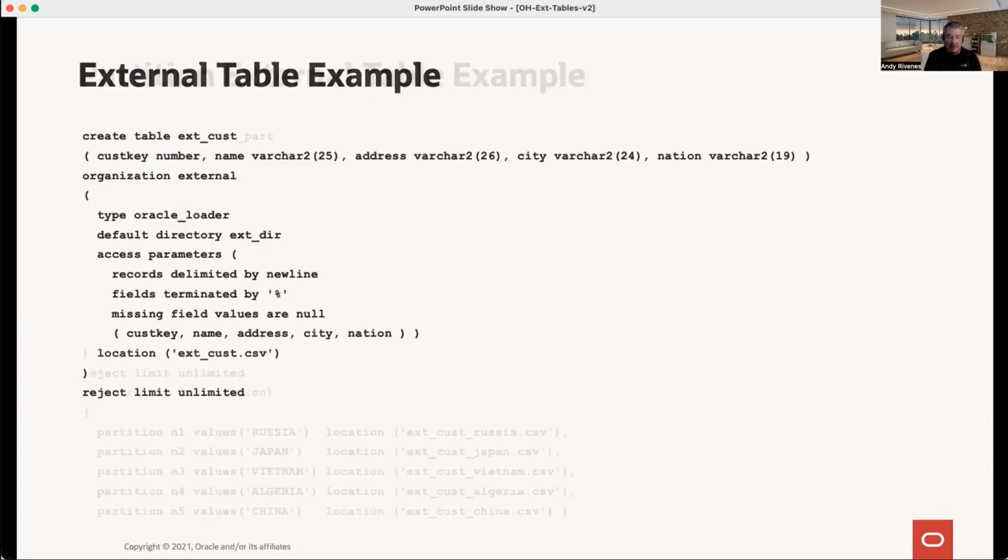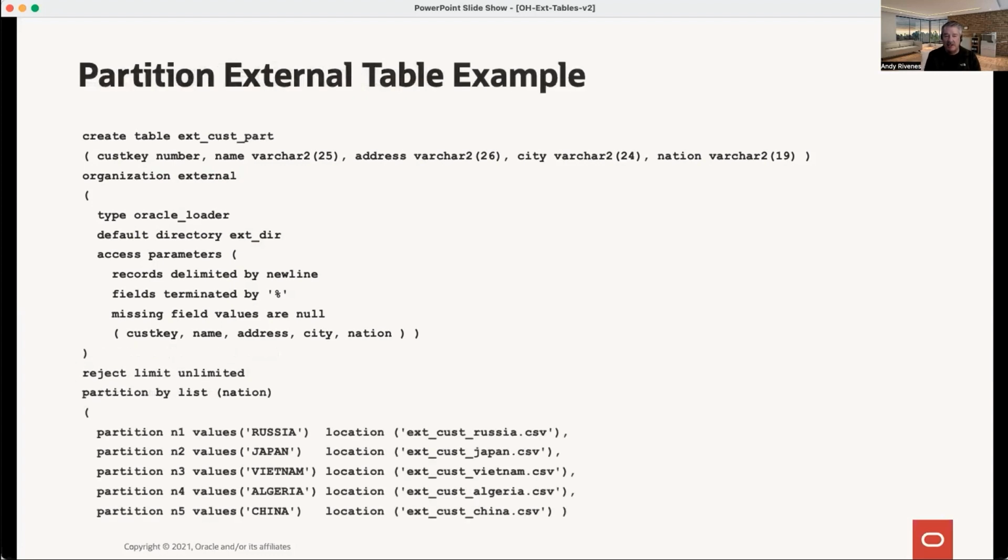Very simple. And then the partitioned external table example that I'm using. Actually, I noticed that it has 5 partitions, and notice the location and a comma separated value CSV file for each of the 5 partitions. It's the same basic data though, the same table and